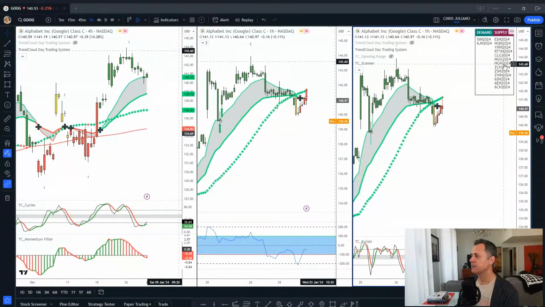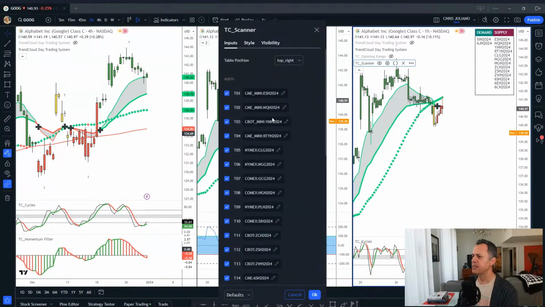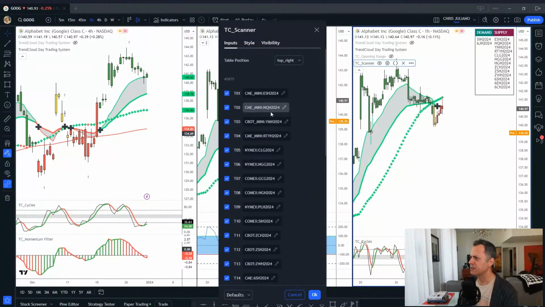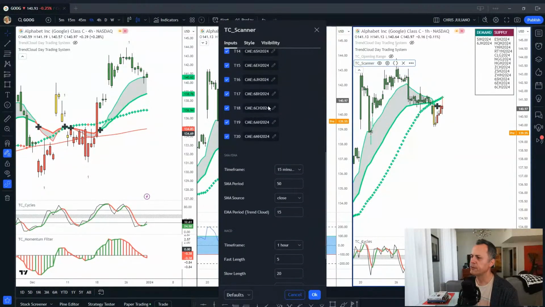Inside of the scanner, Hitch, if you double click onto here, you will see the inputs. I did update the inputs for you guys. I did update the contracts for you guys. So yes, you will have to X out and then put it back on the chart. Okay, and then Hitch, what I want you to do